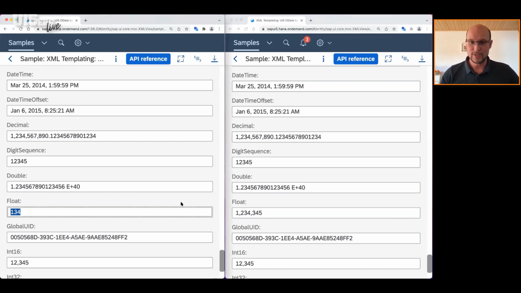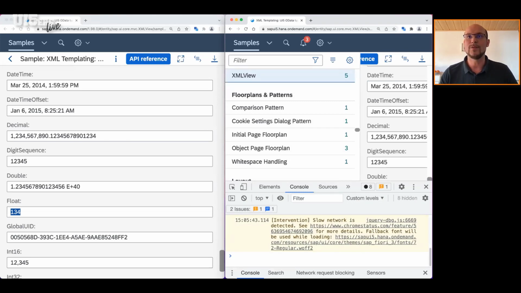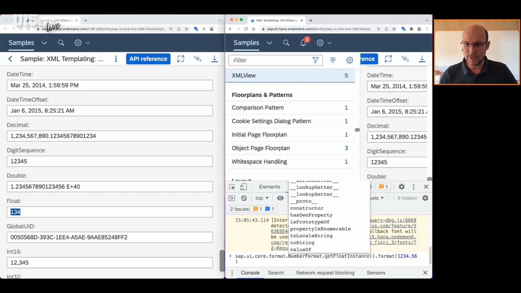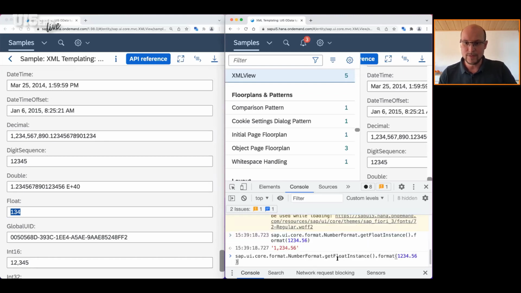Exactly, so from a number format perspective, since the OData type, or the model type, uses the number format, I'm just formatting a number, and the parse then just rejects the input.